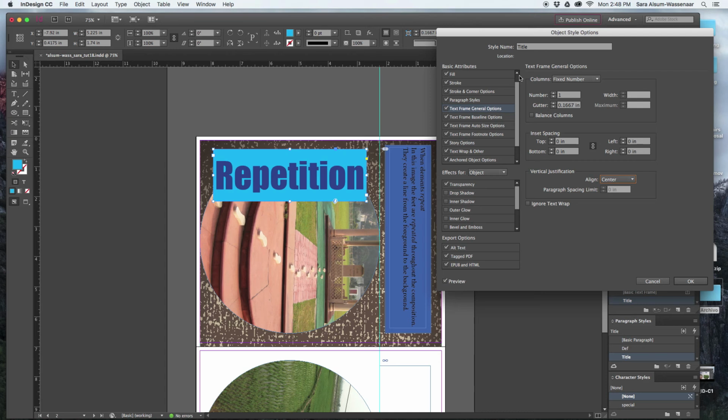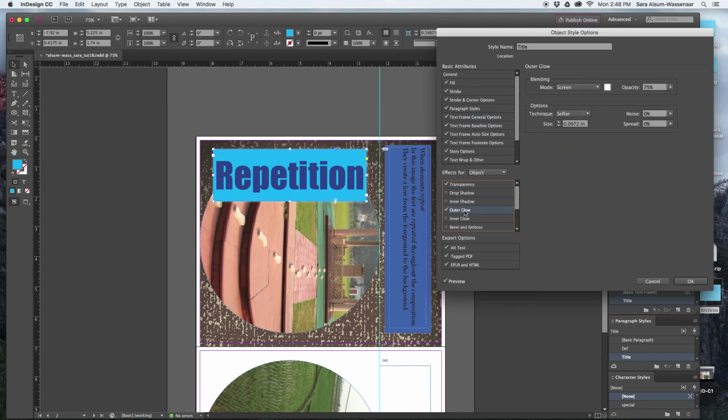So the other thing that you can do is you can add an outer glow or a drop shadow. Okay, so those options are both here. So pick which one you want to try. I'm going to do outer glow. That just glows around the whole thing, whereas a drop shadow tends to only be located on like the left bottom side of each letter. Okay, so outer glow, and then I'm going to